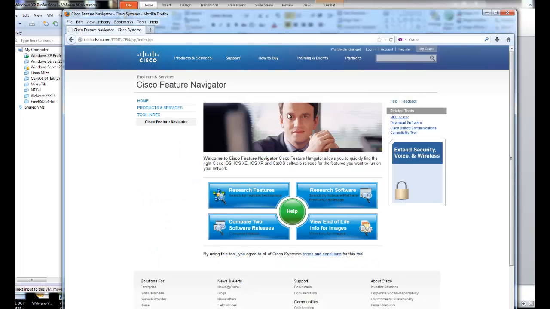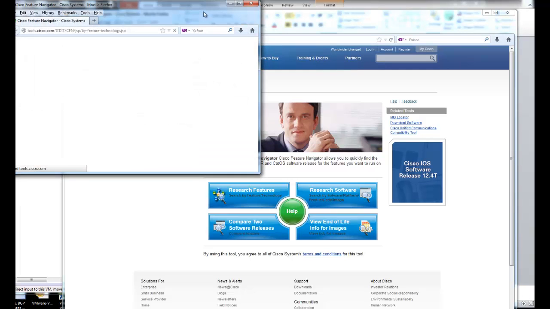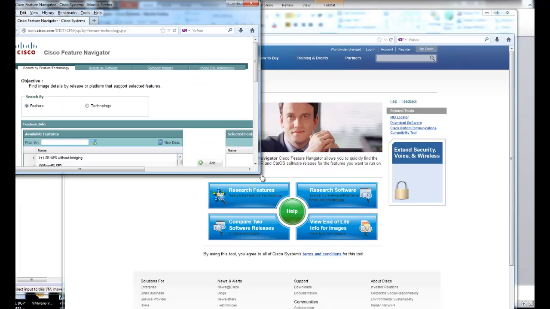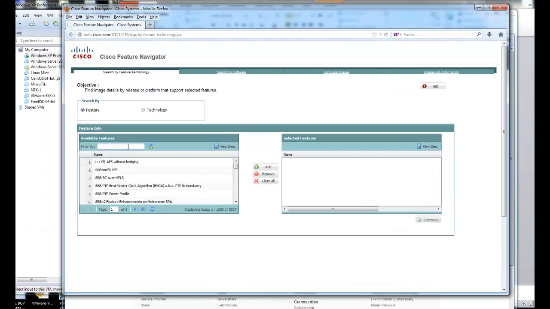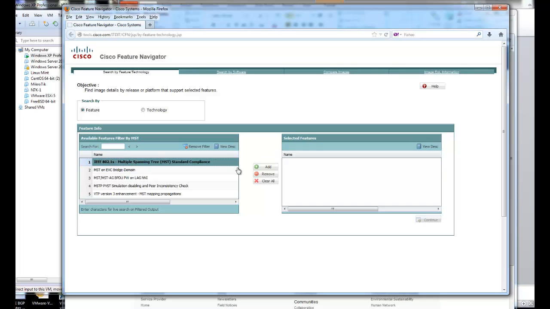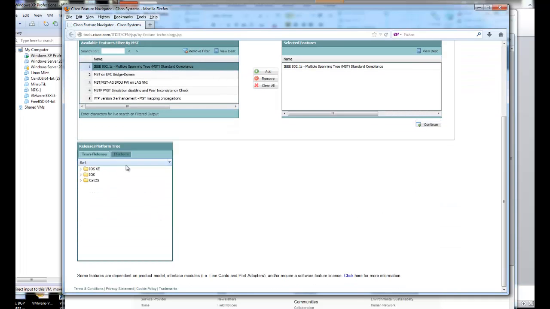And this doesn't just apply to spanning tree. Pretty much any feature that you're looking for in IOS or Nexus or whatever, before you even download the image, you can take a look and see if it's even on there or not before even trying it. So if I want to say, for example, MST filter, I can say, oh, VTP's over here too. So 802.1d, 802.1s, I can add that, view, actually not let me view it, let me continue. And in this case I want to do IOS, and you can see which